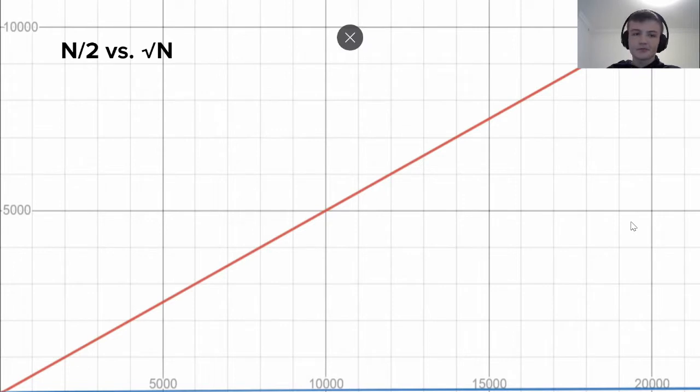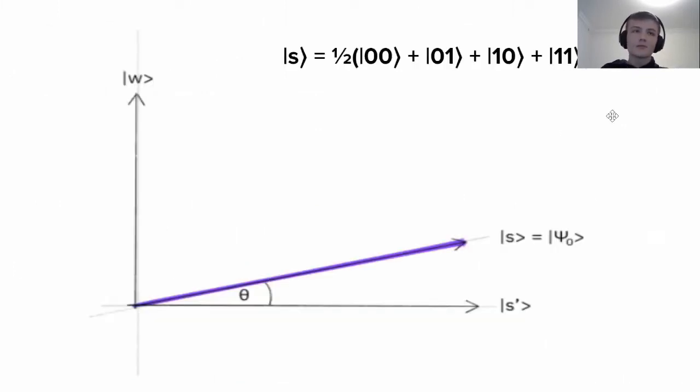So how would we achieve this? Well, if we think about my chances of guessing the index of Y right in any list, assuming it's unstructured data, of course. If I guess that Y is in the first index, that has the same chance of being right as Y being the last index or the third index or the fifth index. So no matter what my guess is, it's equally as good as any other guess. So this can be modeled by what we call a superposition, more specifically an equal superposition. So that's exactly what the state S is. It's an equal superposition of all our states.